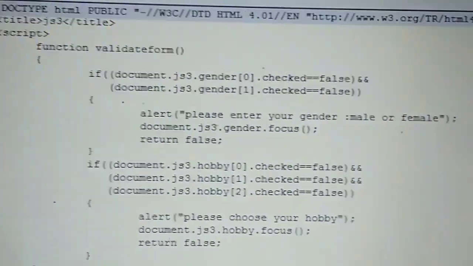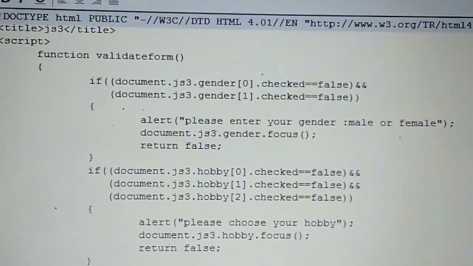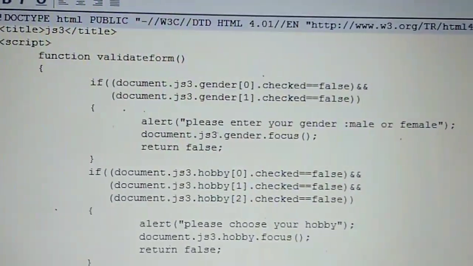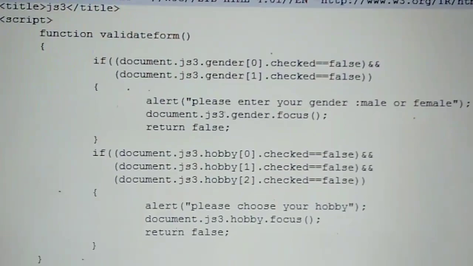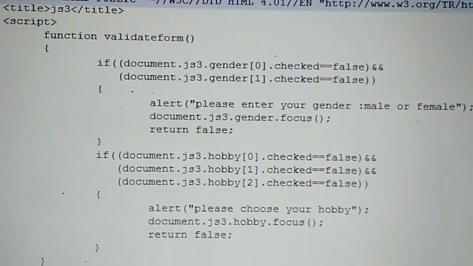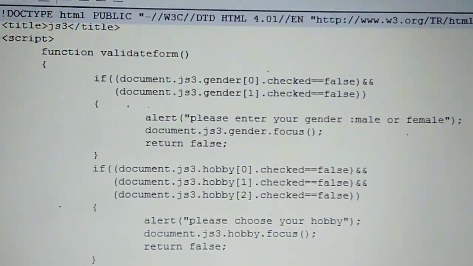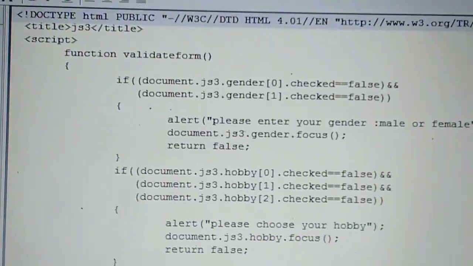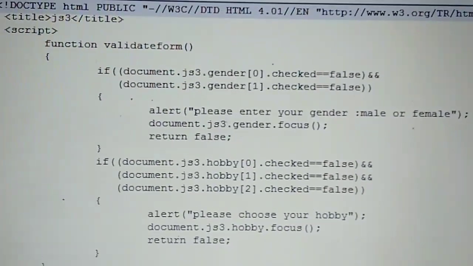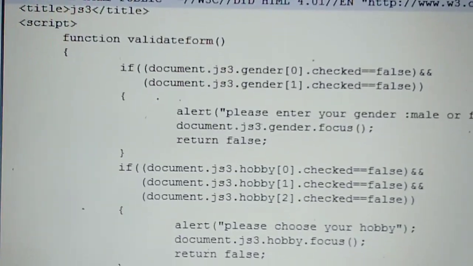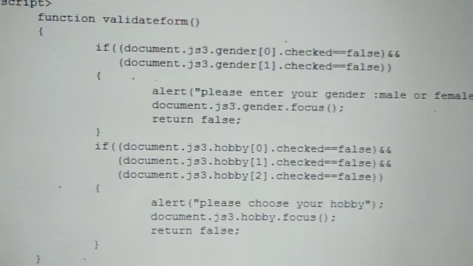If you want to write anything, then you have to use a variable, because variable is a container. It is used to store any value inside it. But in our program we have created gender, radio button and checkbox, and there is no need to write anything inside it. That's why there is no need to write a variable. It is a wastage of memory. So directly you have to write if.